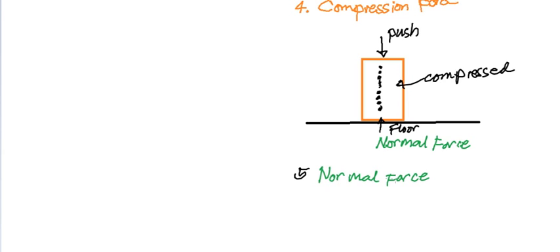So for example, you are sitting on the floor, then the floor is exerting force on you perpendicular to the floor. This is always perpendicular with respect to the surface. In this case, this is a floor, so the normal force exerted by the floor on the object